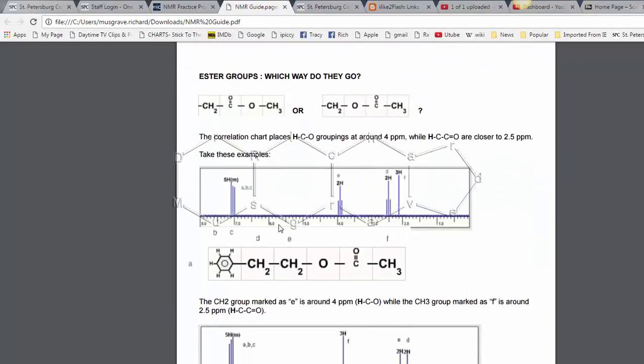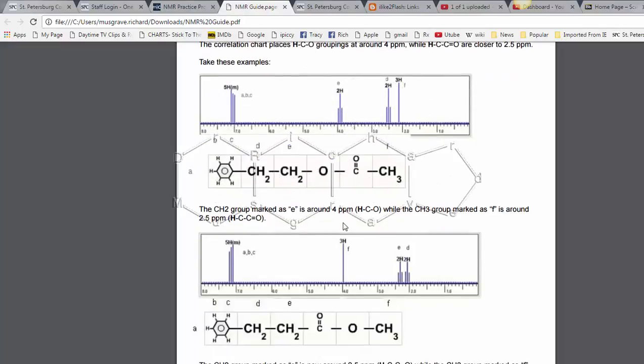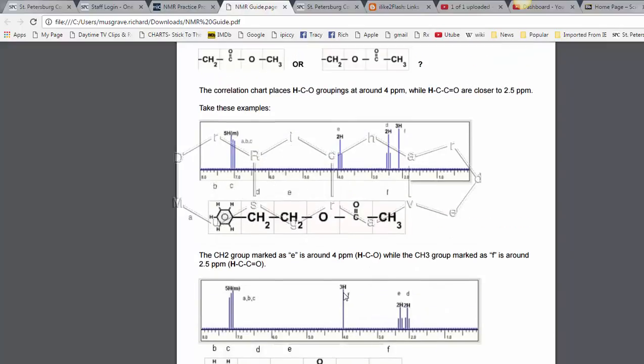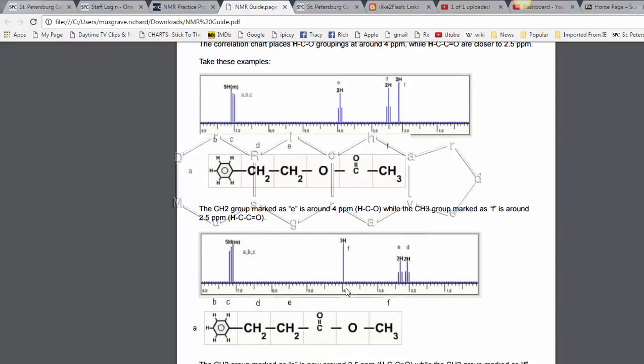So if we look at the discussion that I have here in the tip sheet, we can see that when things are connected to oxygen, for example when the CH2 here is connected to O, it appears at 4 ppm. When this CH3 is connected to O, it appears at 4 ppm as well. Any groups attached to C double bond O, for example the CH3, will appear somewhere between 2 and 3, and this is the same as is true in this situation as well. The CH2 connected to C double bond O is between 2 and 3. So looking at our example,